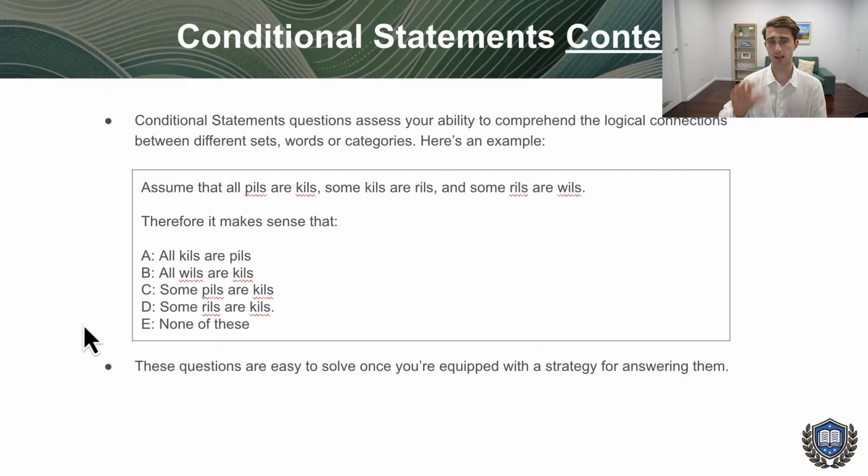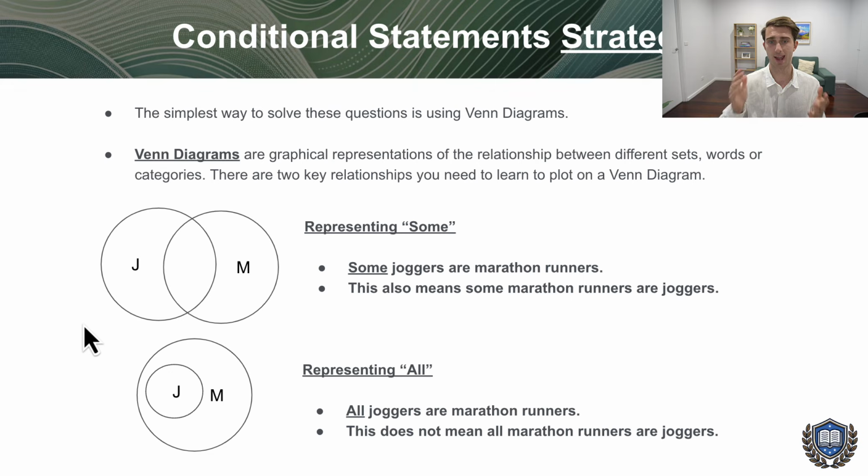The key thing is, if you just try and somehow solve these questions in your head, you're not going to have much success and you're probably going to get them wrong a lot of the time. You want to have a method for them. And the method for these is understanding Venn diagrams. If you can use Venn diagrams, these questions are generally very easy because you can just plot out the Venn diagrams. That will tell you the answer.